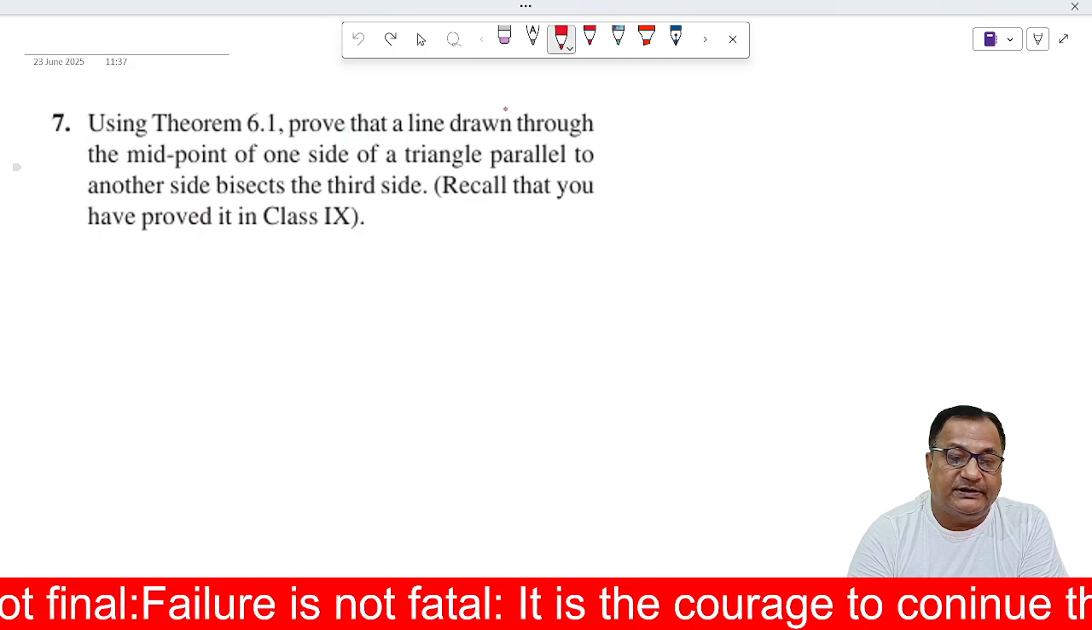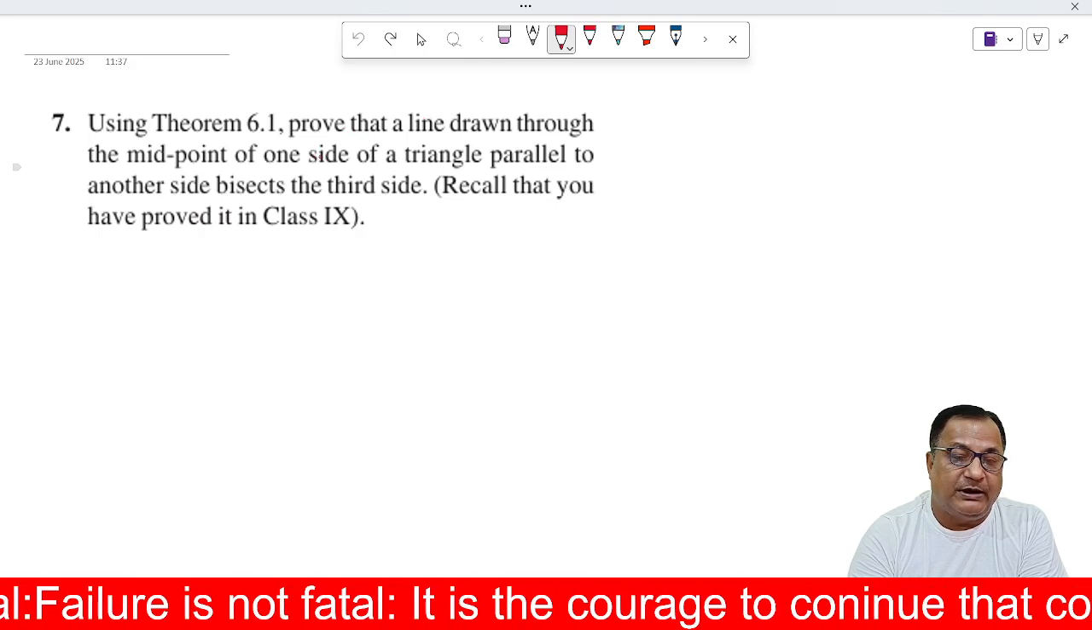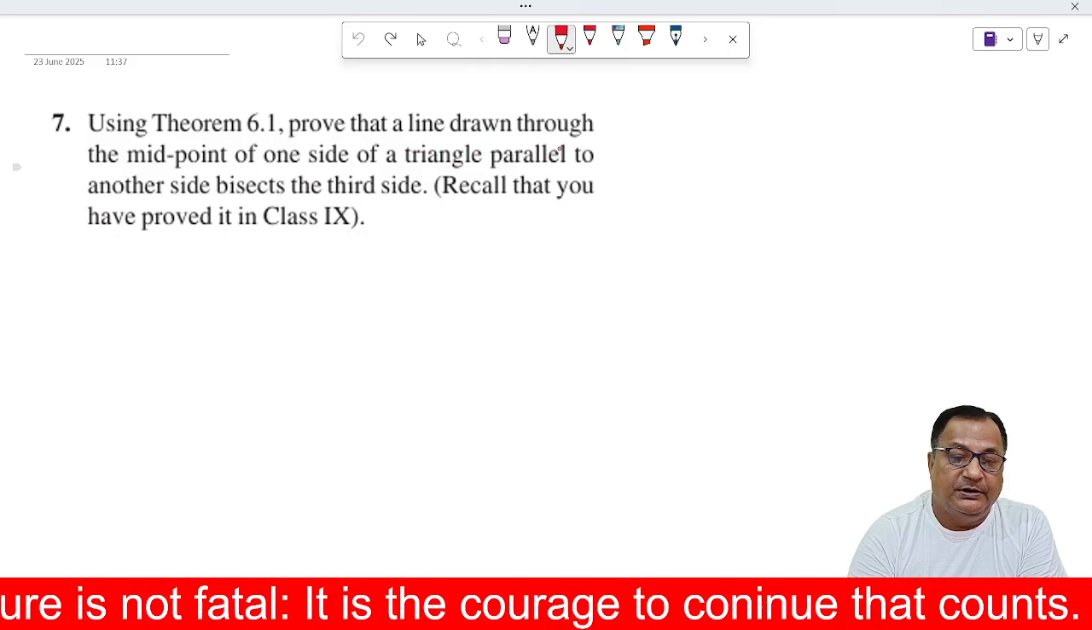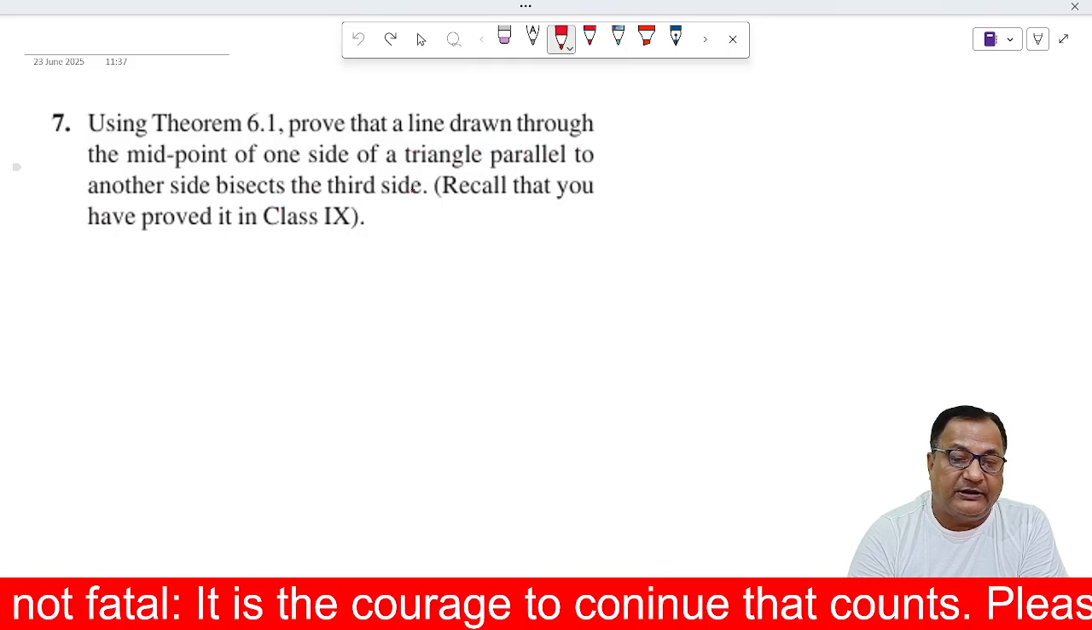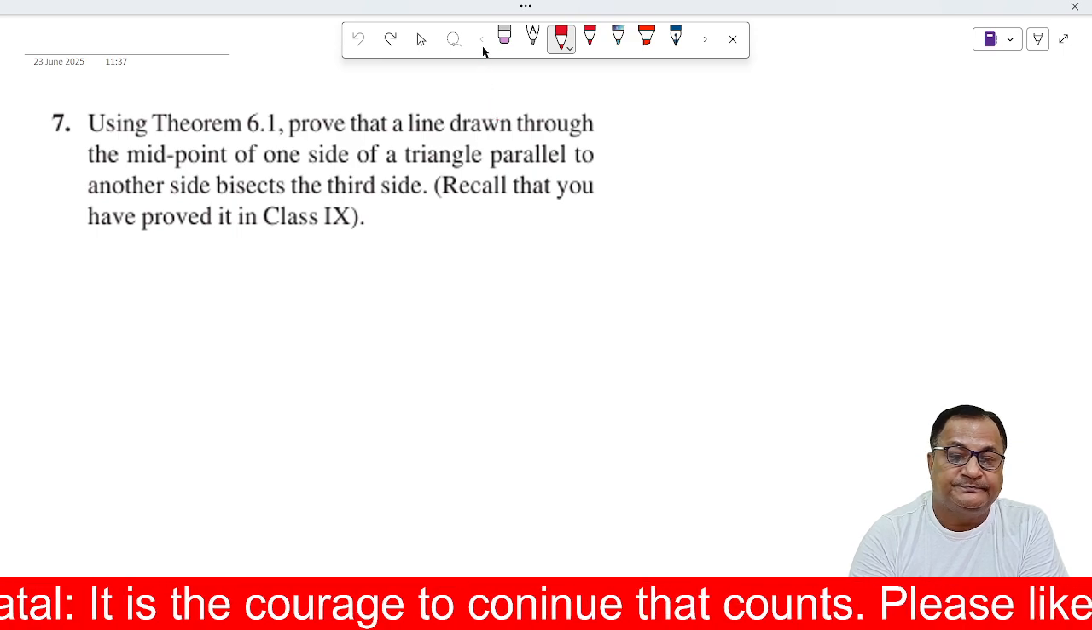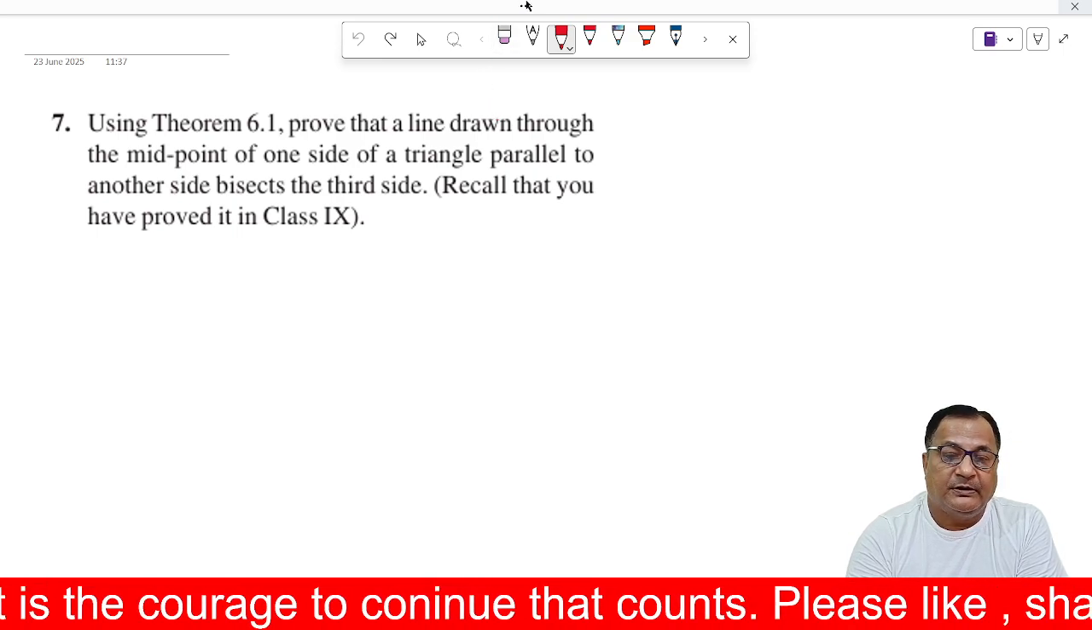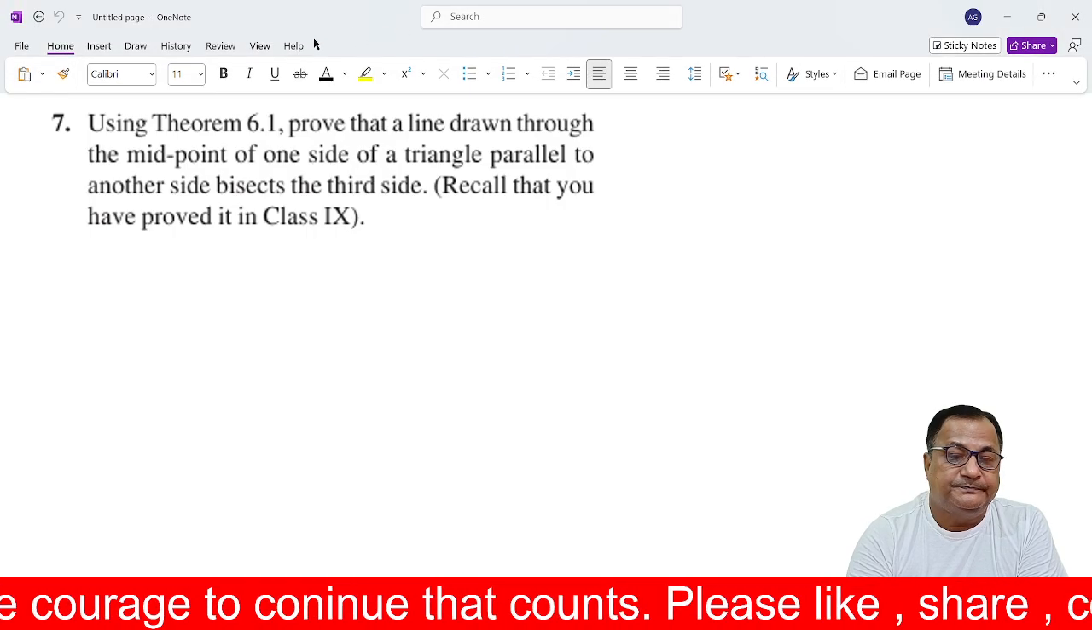Using theorem, prove that a line drawn through the midpoint of one side of a triangle parallel to another side bisects the third side. First we will draw